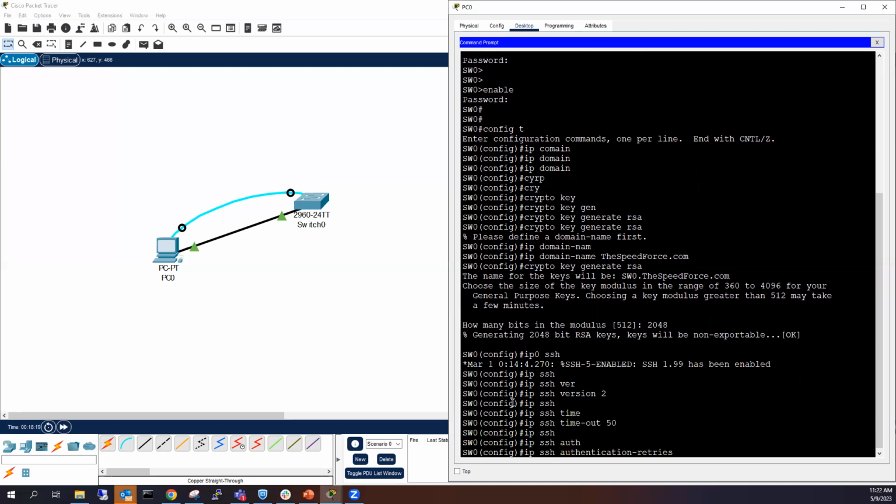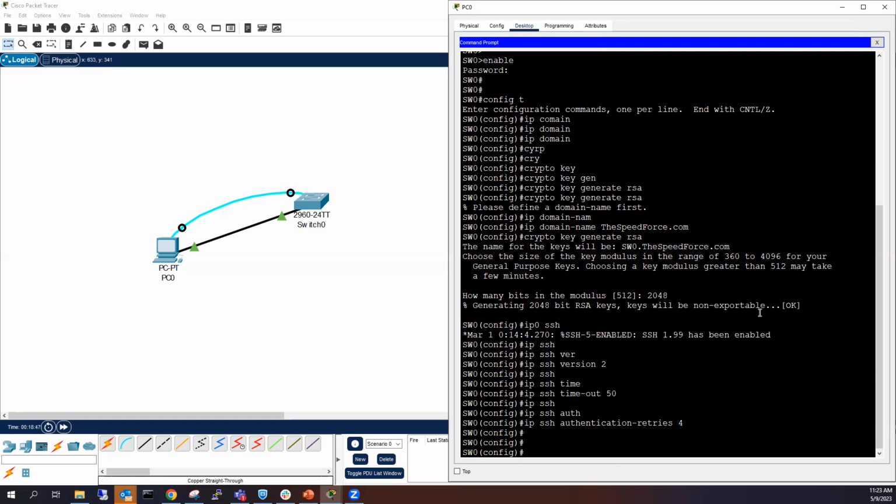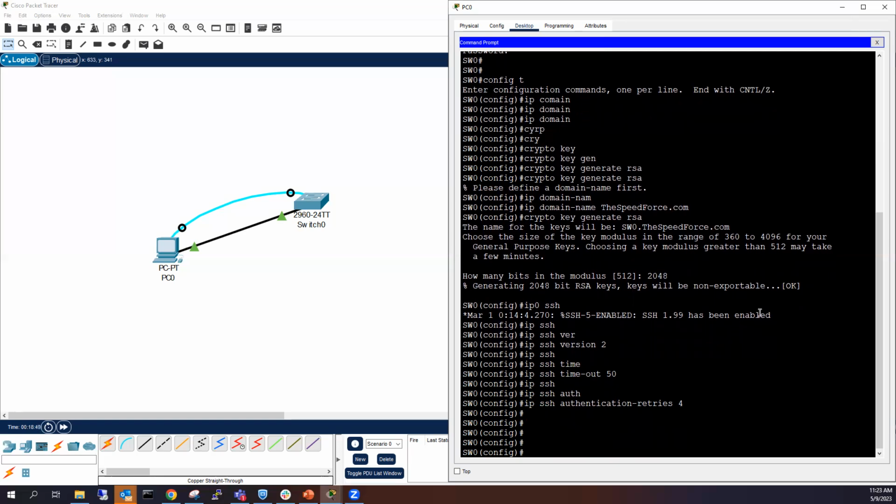What I'm saying here is, if I'm trying to access a device using SSH, I can retry to access it up to 4 times. After that, it'll time out. We can see how that looks after this. I set my timeout at 50 seconds, so if nothing happens on the CLI from my PC, it'll time out. And last but not least, what we have to configure is the VTY